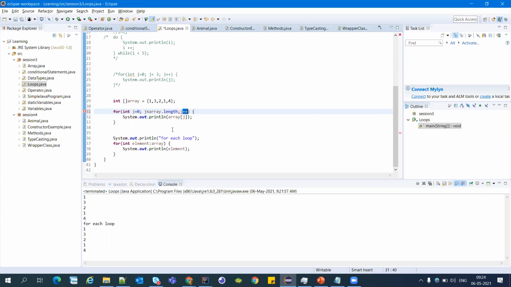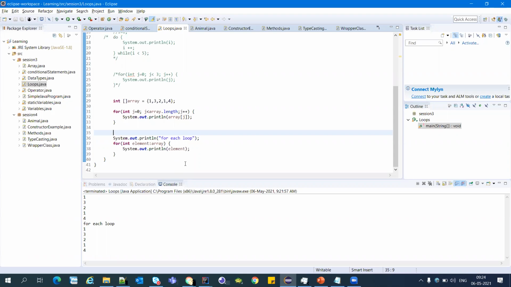Actually, I will explain. For the enhanced for loop, we are just not worrying about the increment and size of that array or any specific data type. It will internally check the size of that particular data type or array, and it will just increment within its internal code. So we don't have to worry about the increment and the size. We have to just provide the data variable, suppose array, and it will simply iterate over that particular list or array. It will just print, or we can perform any action within that for loop.